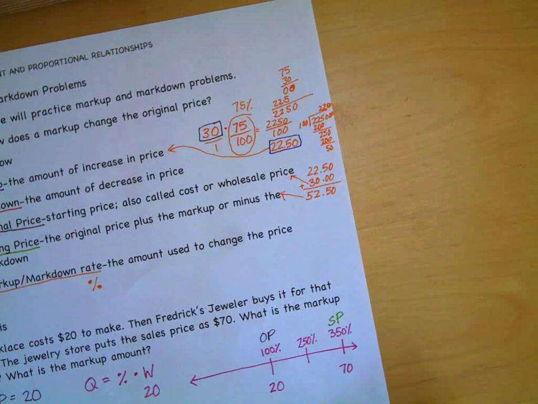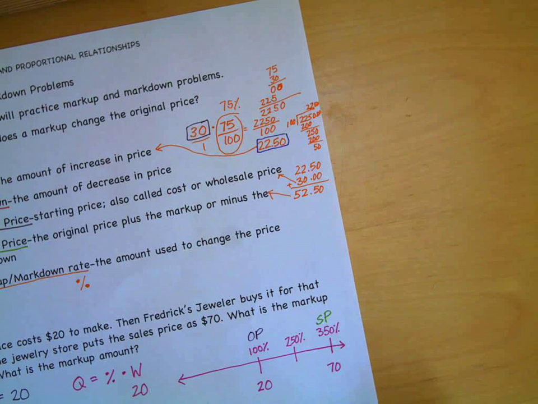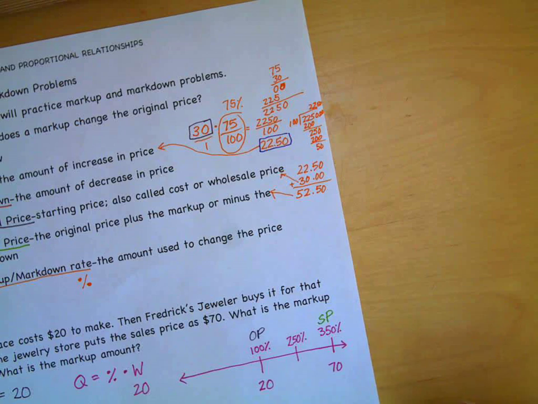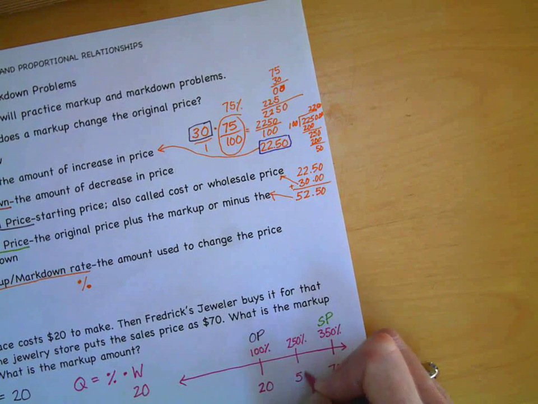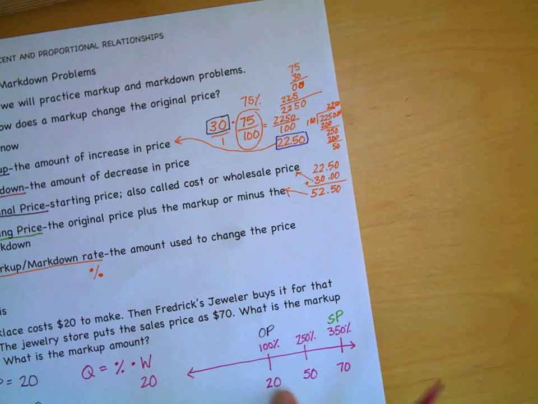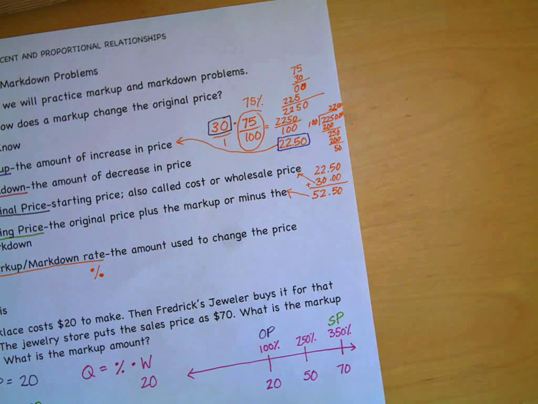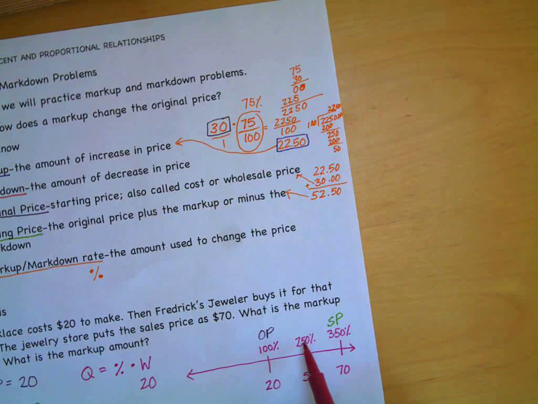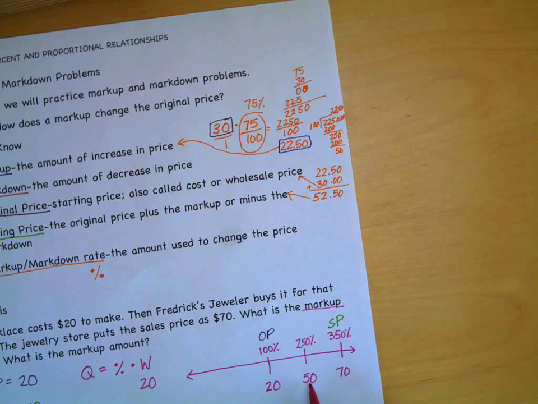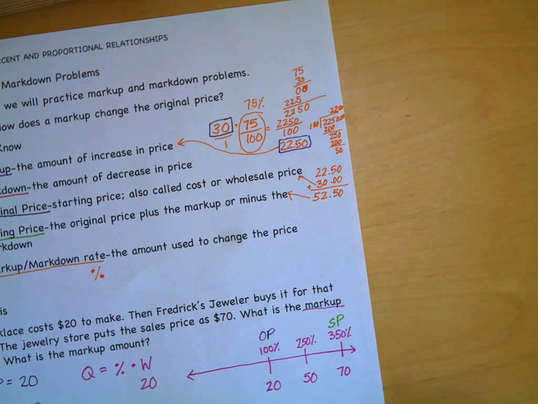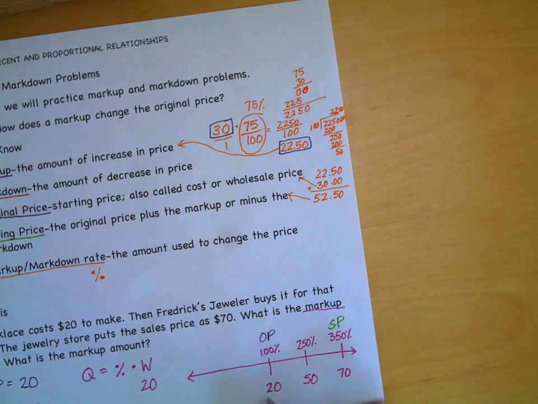So this would be 5,000 divided by 100, which gives me 50, right? So that would be 50. So 250% is 50, and if you notice, 20 plus 50 equals 70. And so your markup rate is 250%, and the markup amount is $50, which makes sense because